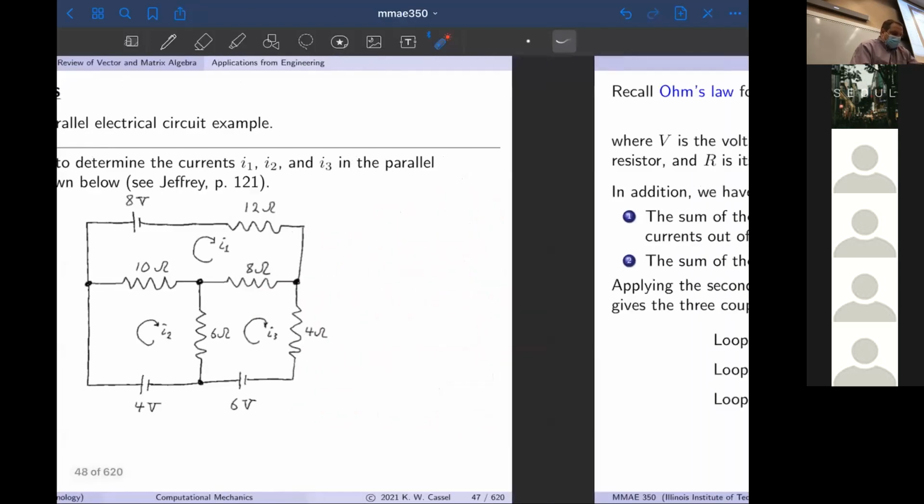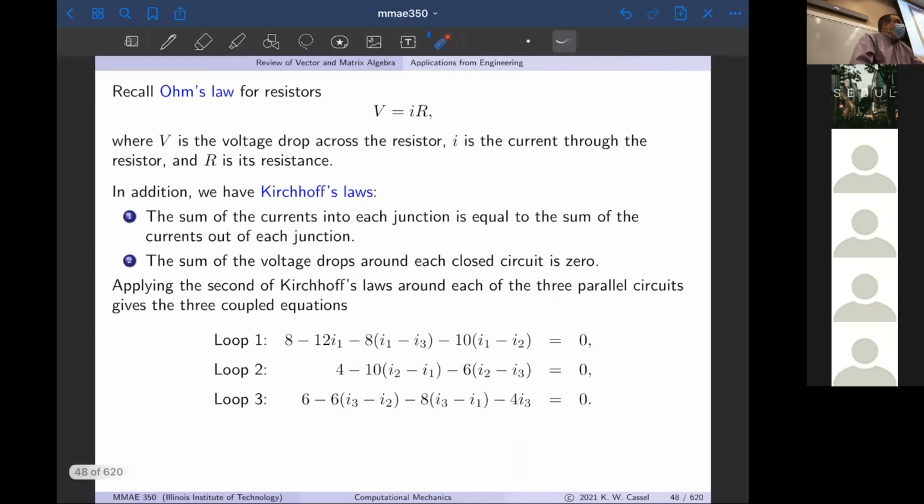So the relevant physical principles, again, don't get bogged down in the details. The point of this is not to remind you or teach you how to analyze parallel electric circuits. So don't worry about the details, just focus on the big picture. But I have a real problem I now want to solve, and I'm going to apply the appropriate physical principles. And then as you'll see, that leads directly to a system of linear algebraic equations for, in this case, the